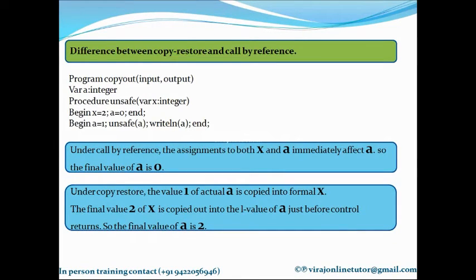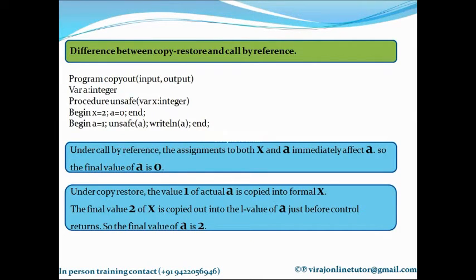So those changes are not reflected outside, or in the activation record of the caller. Next was call by reference. In call by reference, the caller passes the addresses of actual parameters to the function. So now the formal parameters have got the addresses of the parameters. So whatever changes it does are done with the actual addresses. Hence, whatever changes a function does internally are reflected at the calling point also.